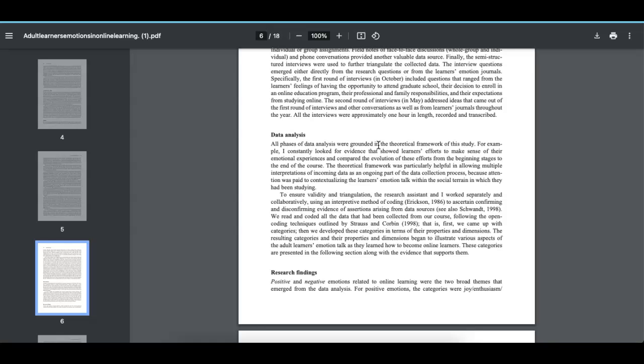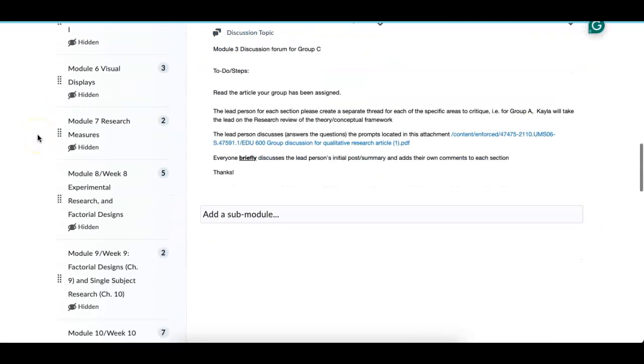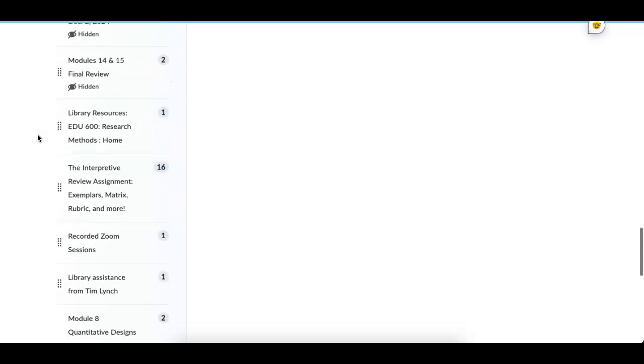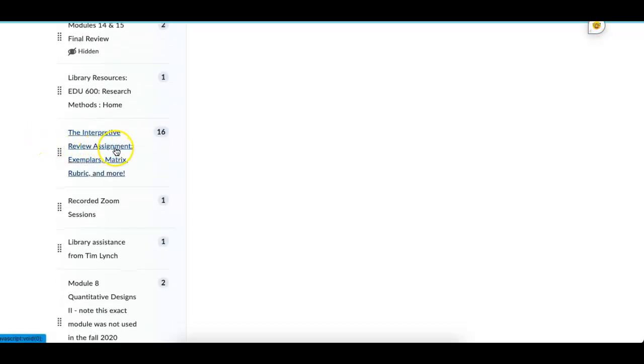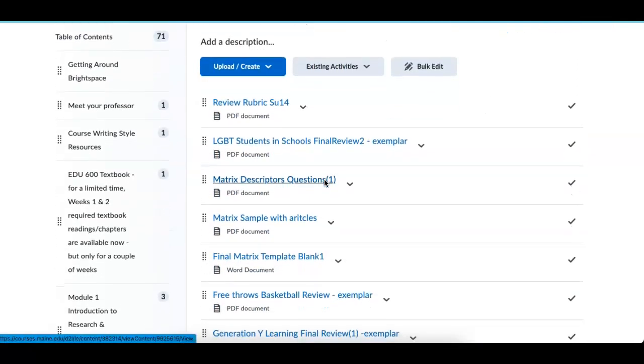I hope this helps, and I will have another video in the next couple of days on selecting a topic. But in the meantime, one thing that I'm not sure everybody knows at this point, but I wanted to make sure that you do actually see where it is. If you come in here, the interpreter review assignment, in the back here in this section, there's all things.